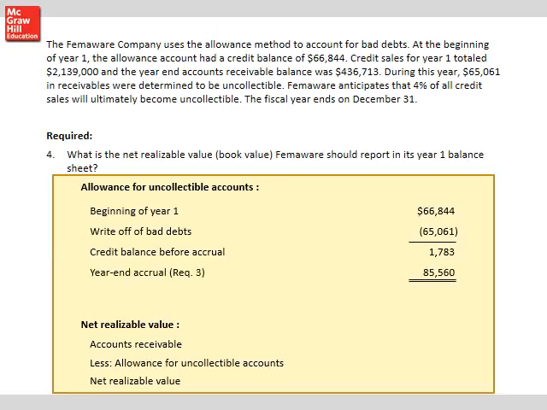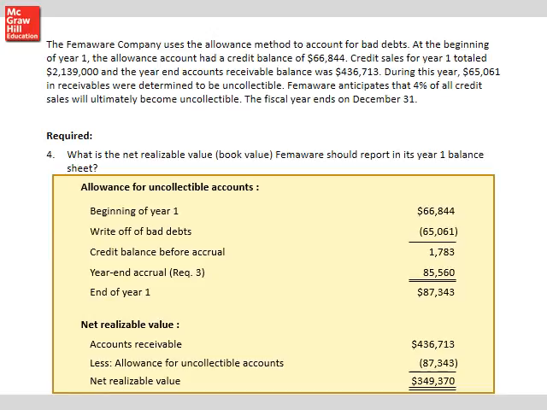We have an accrual at the end of the year of 85,000, and so at the end of year 1, we have 87,343. The net realizable value will be the accounts receivable minus the allowance for uncollectible accounts, and so a net realizable value of